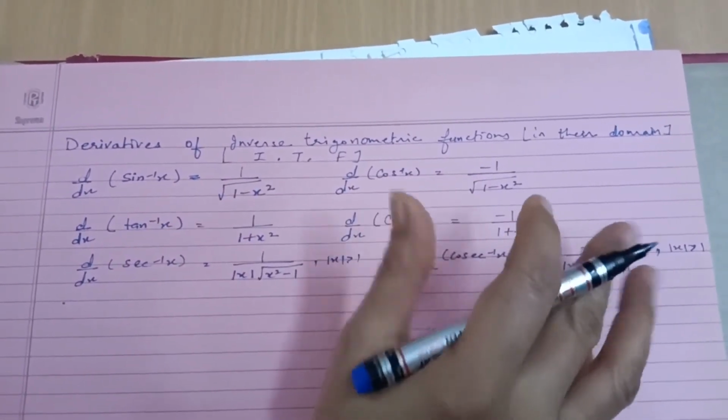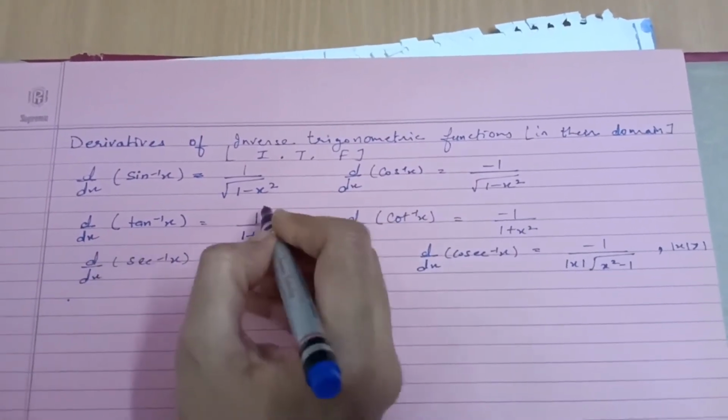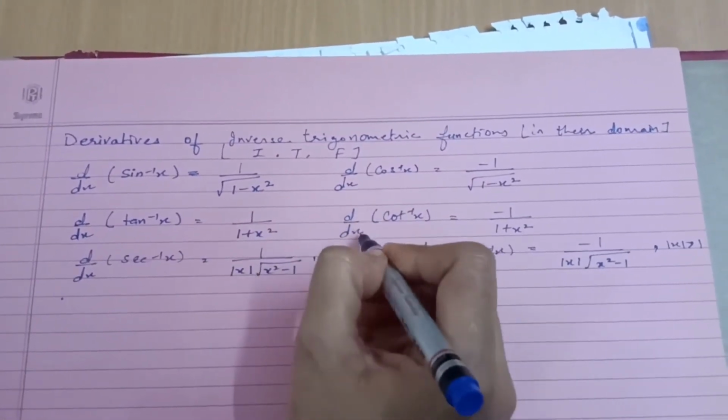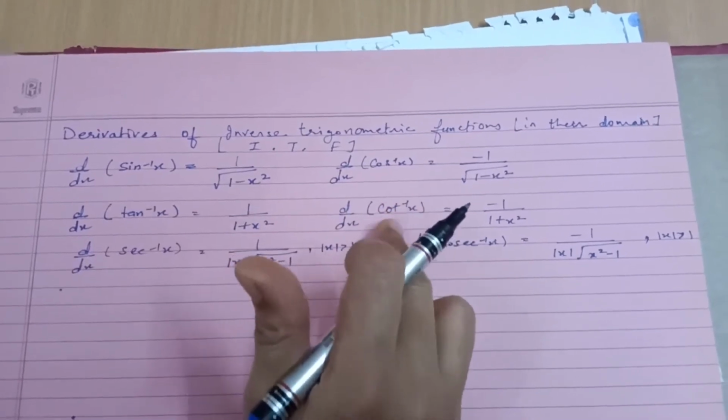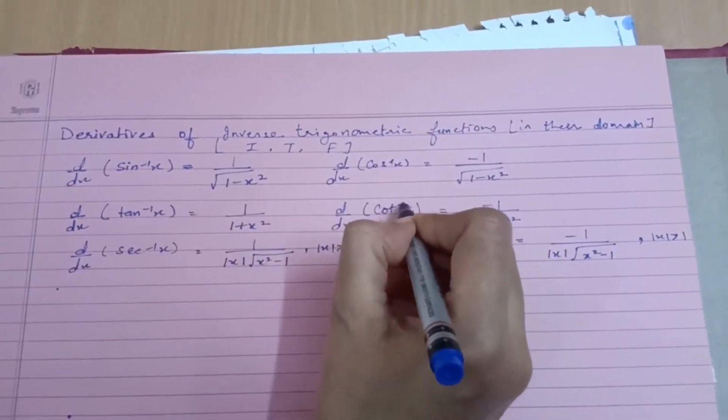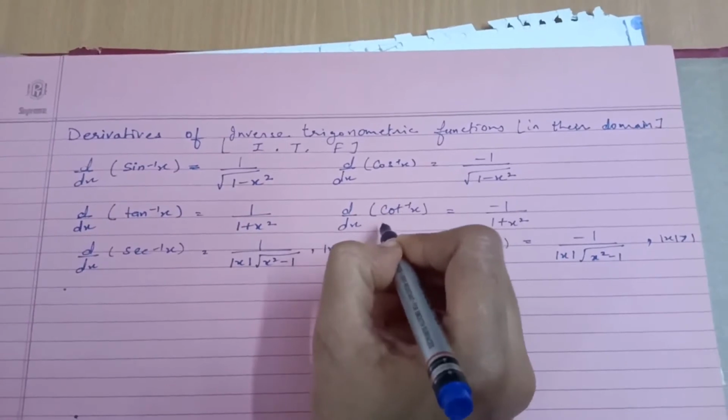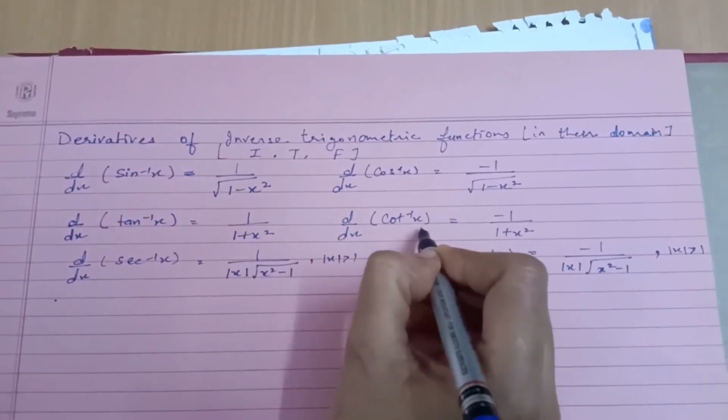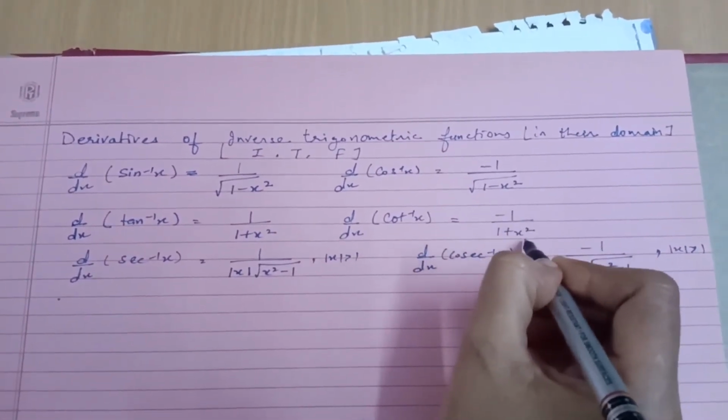So easy to learn. Okay, d by dx of tan inverse x is 1 by 1 plus x square. So d by dx of tan का opposite क्या है? Cot inverse x. How am I reading it? Cot, minus 1 sign is there as power. So cot inverse x, we are writing like that, is equal to minus 1 by 1 plus x square.